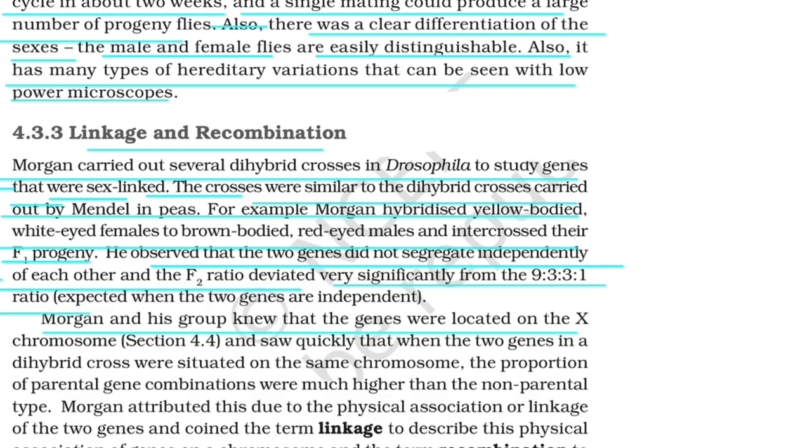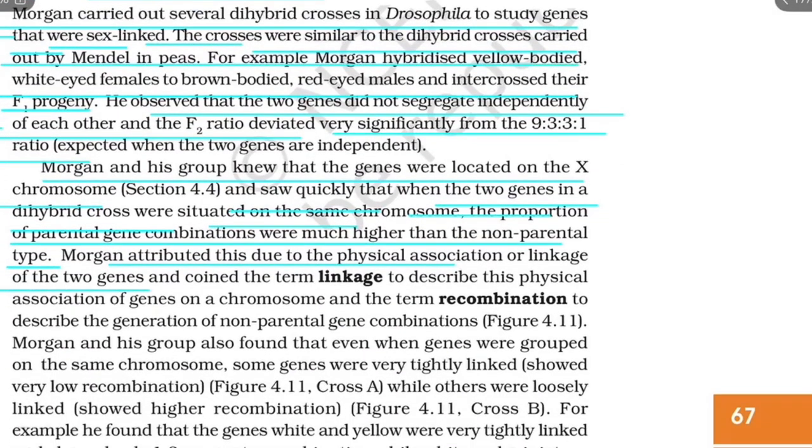Morgan and his group knew that the genes were located on the X chromosome, and found that when two genes in a dihybrid cross were situated on the same chromosome, the proportion of parental gene combinations was much higher than the non-parental type. Morgan attributed this to the physical association or linkage of the two genes, and coined the term linkage